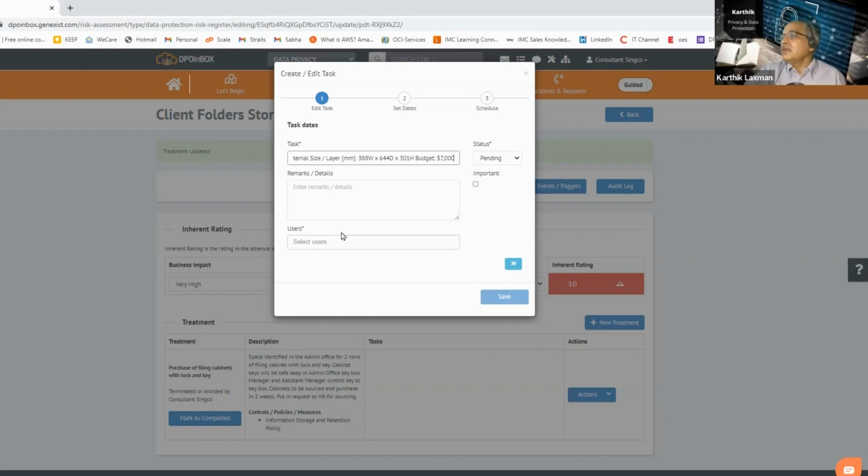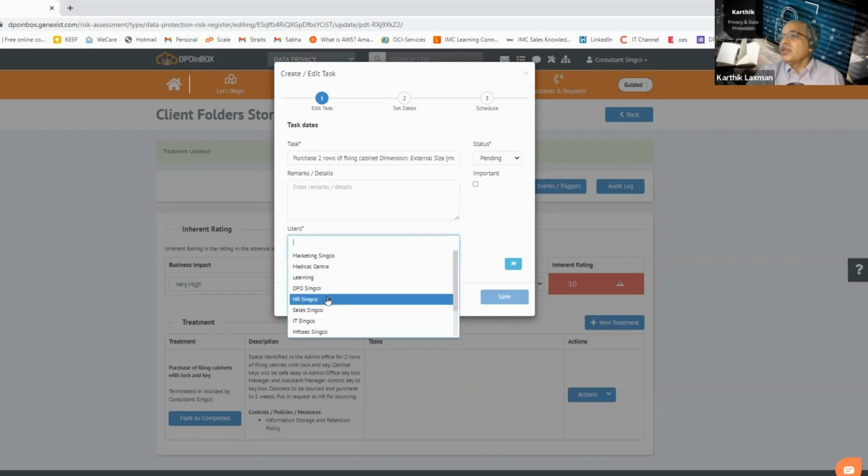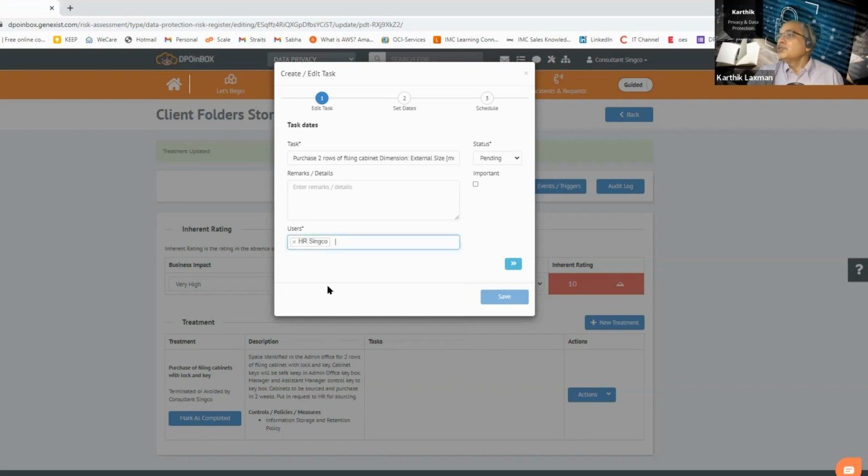You've got some indicative budget here, and then you choose which department is going to really work on it. And let's say in this particular VWO, it was the HR department that was responsible even for the admin and the procurement aspect. So that was chosen. And so I'm giving you a real life situation here.